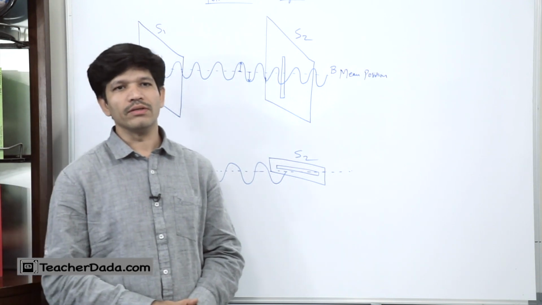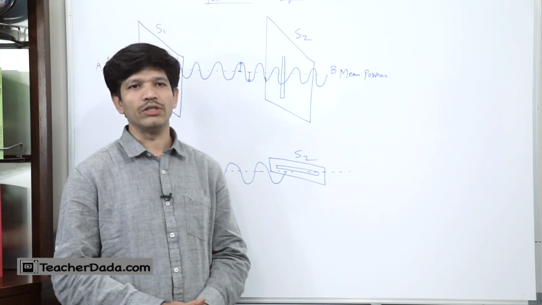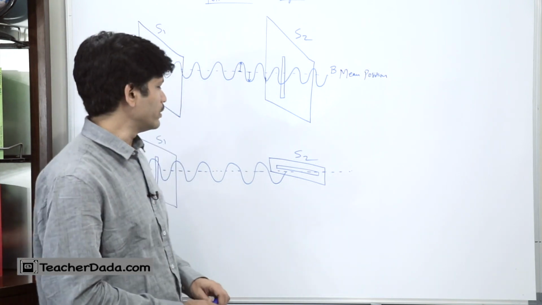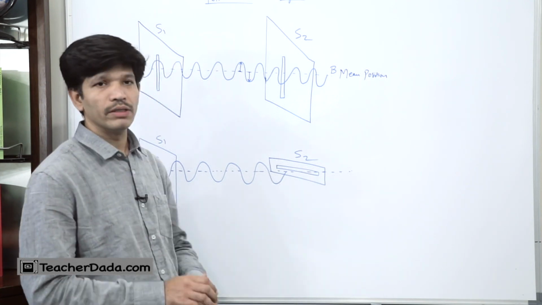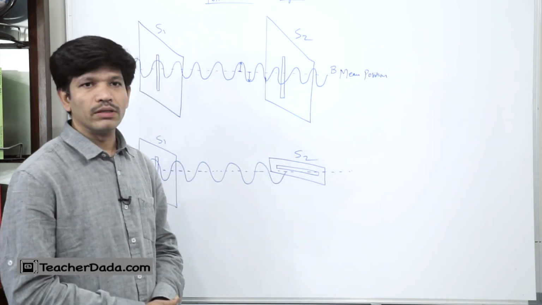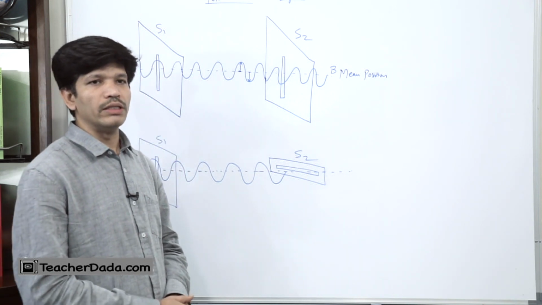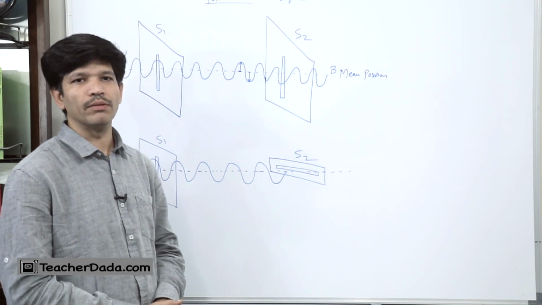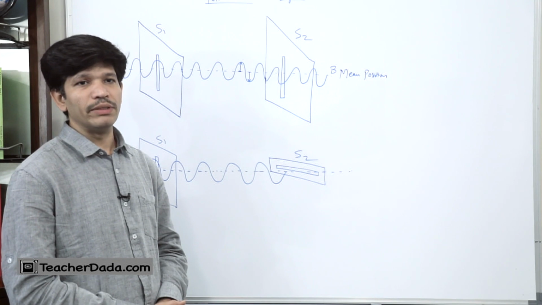The vibrations are stopped by S2 as the displacement of particles is now at right angles to the length of S2. The string therefore does not vibrate beyond S2. Now you can see in the diagram the string cannot vibrate beyond S2 because now it is perpendicular here. In the intermediate positions of the slit S2, the vibrations are partly transmitted and partly stopped, that is they reach the person B with diminished amplitude.